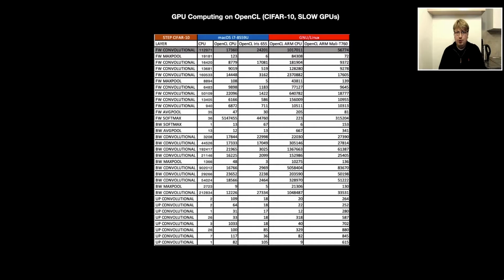This is some computation. This is training of the CIFAR10. On the first column, you see the process. So you start with the convolutional network forward. From the beginning of the network, you go to the last layer in the network, and convolutional layers basically hold the weights, right? So your knowledge, your model, is in convolutional layers. And when you want to teach, sometimes max pool or average pool, I'm sorry,